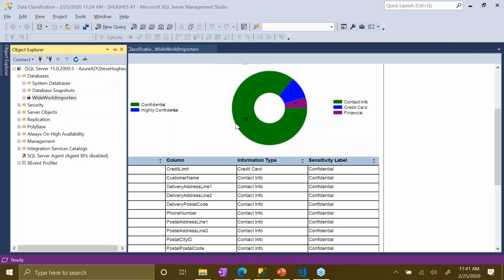SSMS 2017 doesn't exist. So you should be running SQL Server Management Studio 17 at a minimum. I think you need like 17, I don't remember which version, 17.5, something like that, to actually run this, Steve. So if you're looking at that,